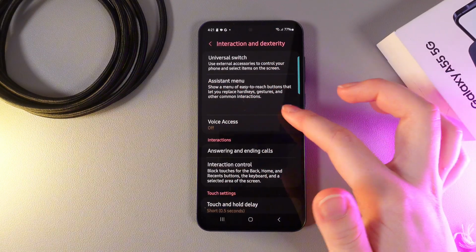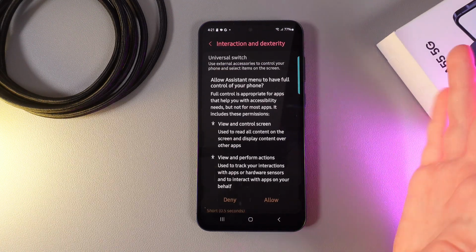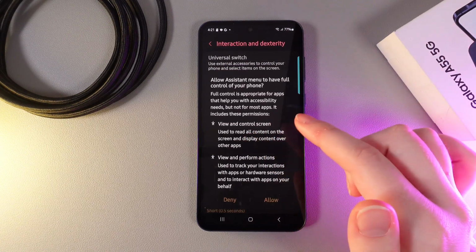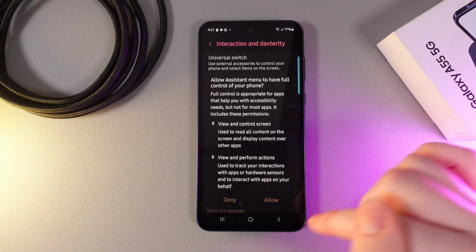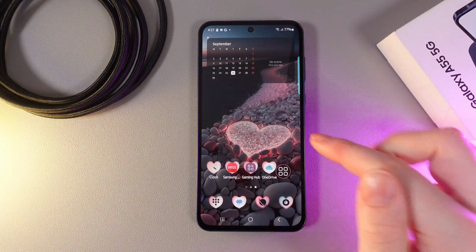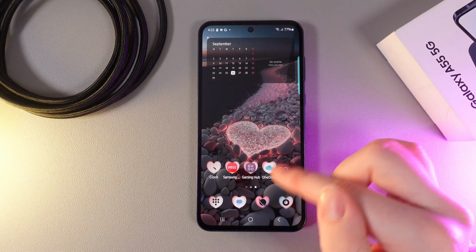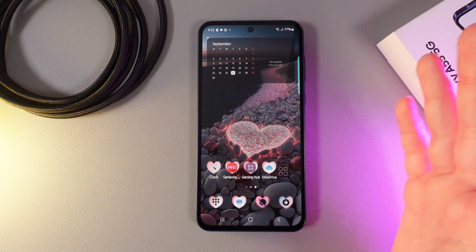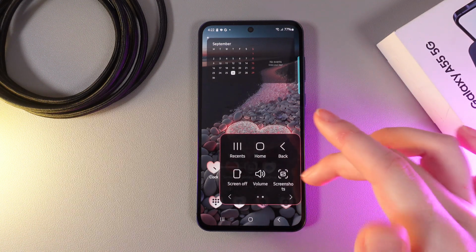We can also see this function which is named assistant menu. We would need to enable it by clicking on this slider, and also we would need to allow that the assistant menu will have full control of our phone. So I click allow and here it is. You can see this assistant menu icon which looks like 4 little squares, and by clicking on it we can